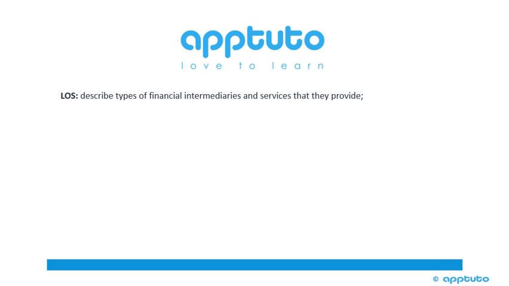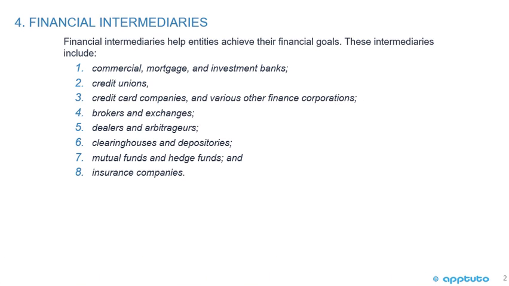This LOS is to describe types of financial intermediaries and services that they provide. Financial intermediaries help entities achieve their financial goals. These intermediaries include 1. Commercial, mortgage, and investment banks, 2. Credit unions, 3. Credit card companies and various other finance corporations,